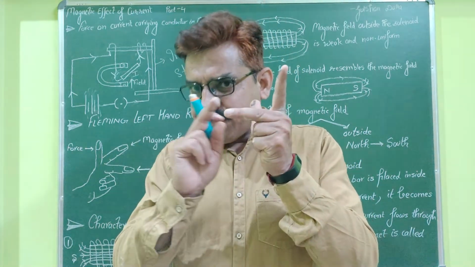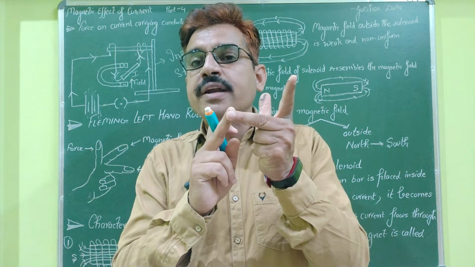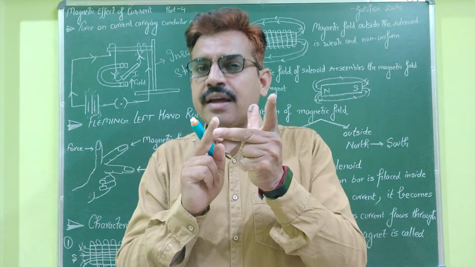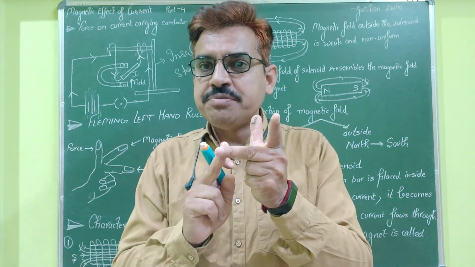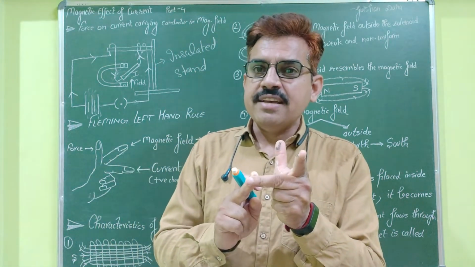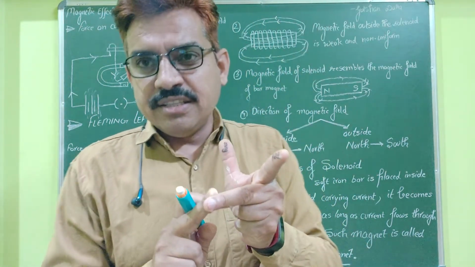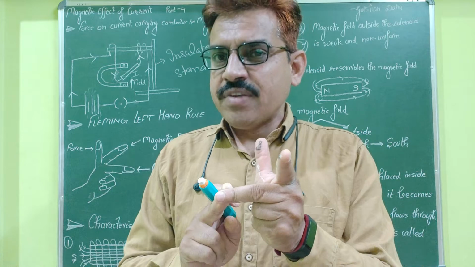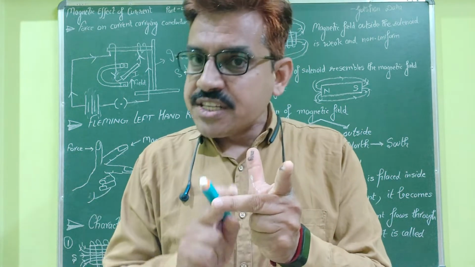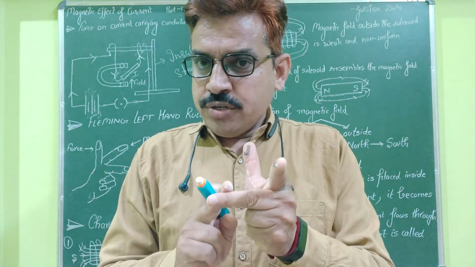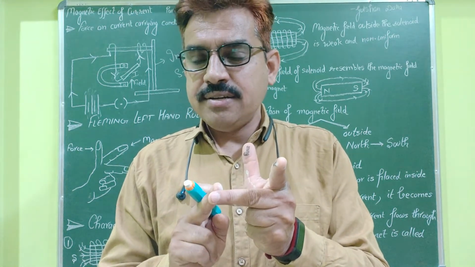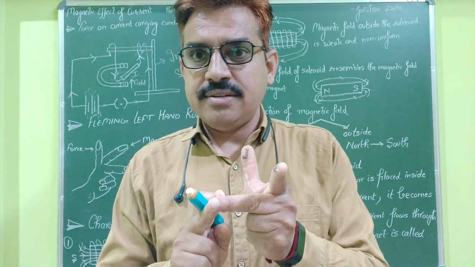If this is the direction of the current according to Fleming, this is the direction of the positive charge particle. Why positive charge particle? Because the direction of the current is the same as the direction in which the positive charge moves. That is why we can say either a positive charge particle is moving or the current is flowing. So to explain Fleming's rule, we take either the positive charge or the current,